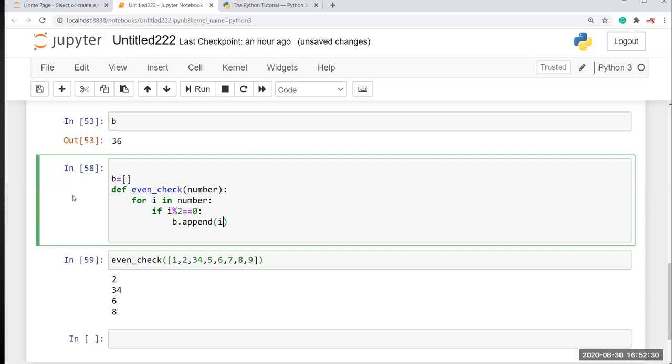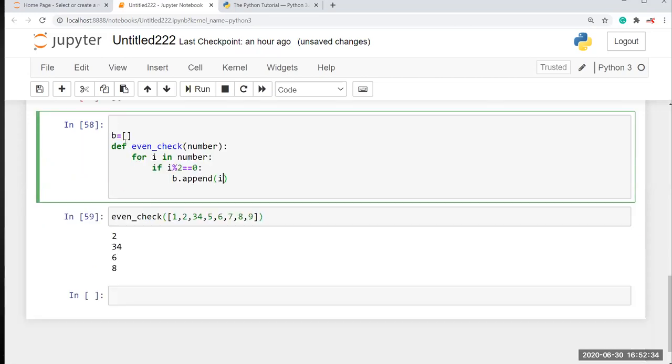Now you can understand what happens here. b has an empty value, right. In each loop it checks if i % 2 equal 0. If the condition is true, it goes inside the statement, and b gets the i value here. So it appends the i value into b.